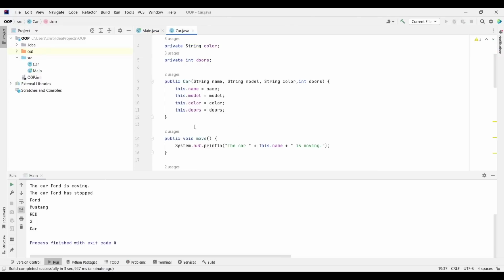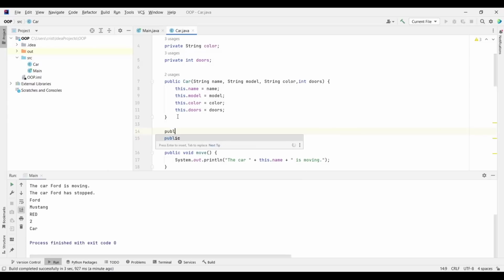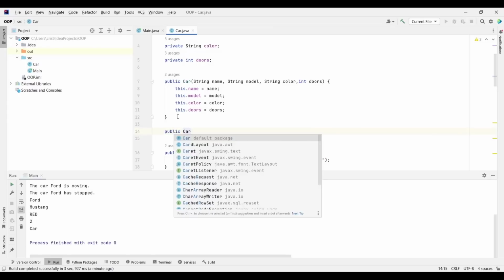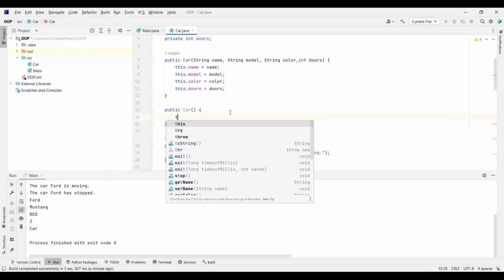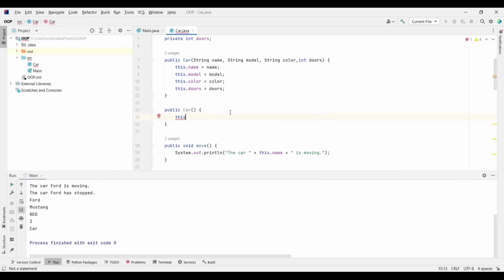So what you can do is create first an empty constructor, and for that I'm going to type here public car, and I'm going to put only parentheses and curly braces. And now this empty constructor is going to call the parent or the first constructor, the constructor which does all the initialization. And we're going to pass default values for the parameters.